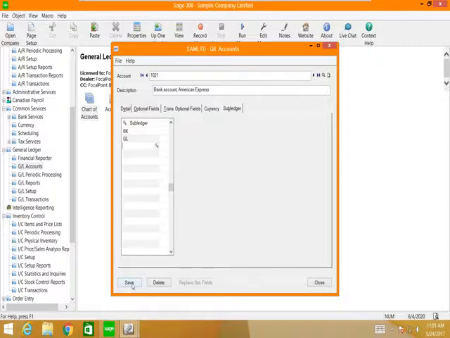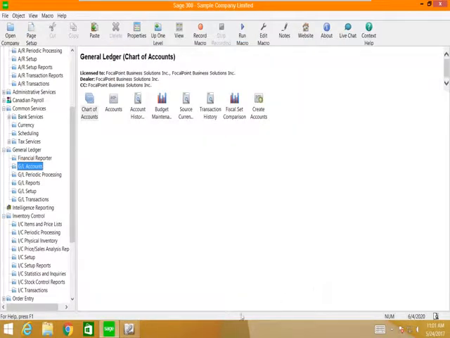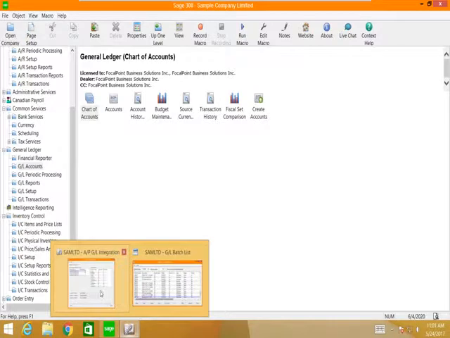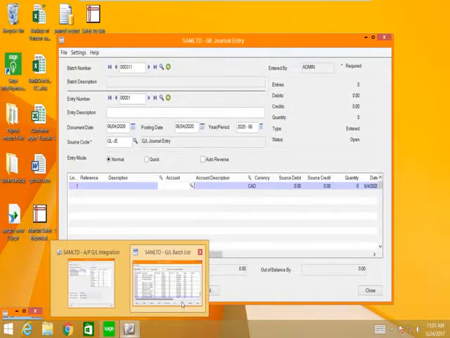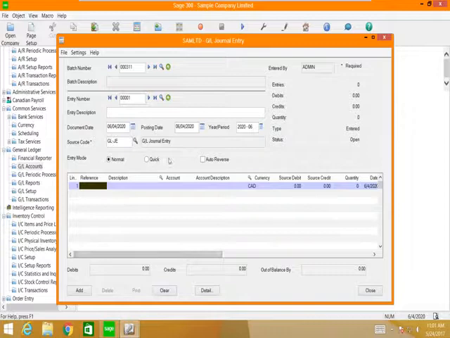Now, once that is saved, and I close out of the screen, if I go back to my batch and make a journal entry to this, if I select that account, 1021, if I hit tab now, I will not get that message I got before, because now, as it were, the GL is a subledger of itself. So if I hit tab, now I will be able to add an